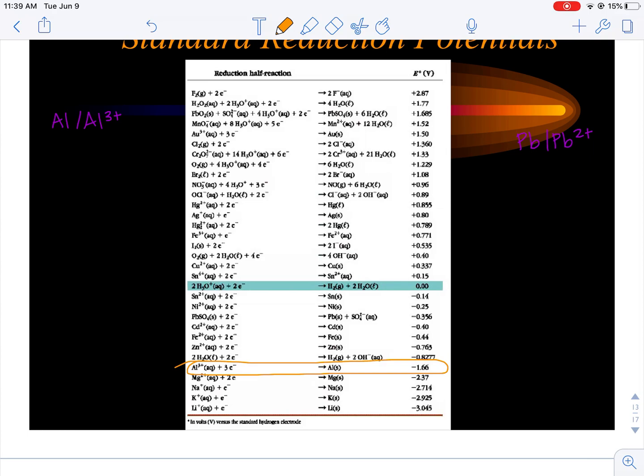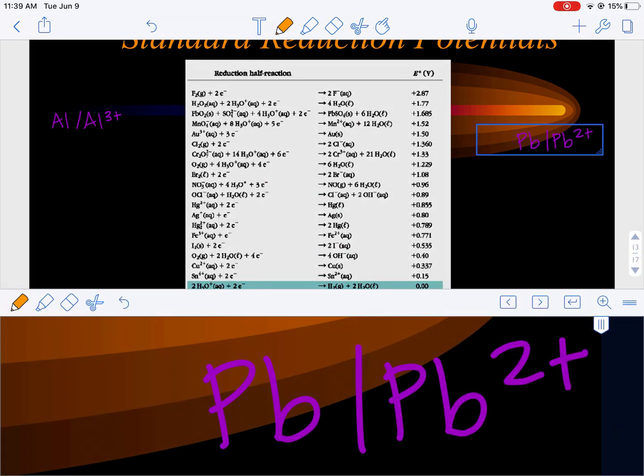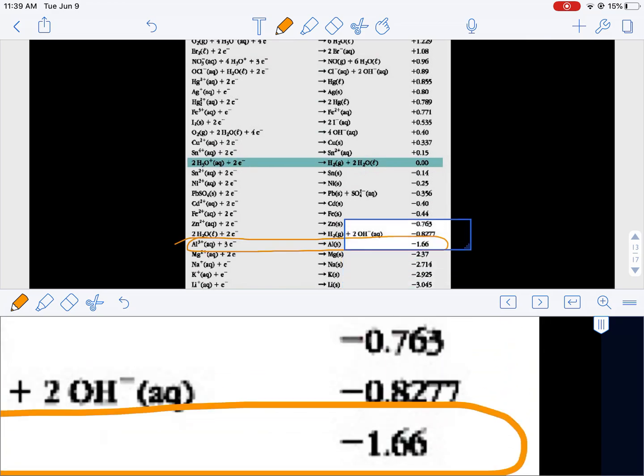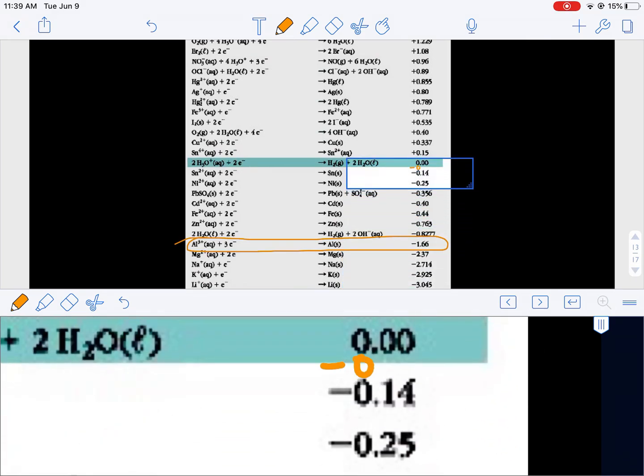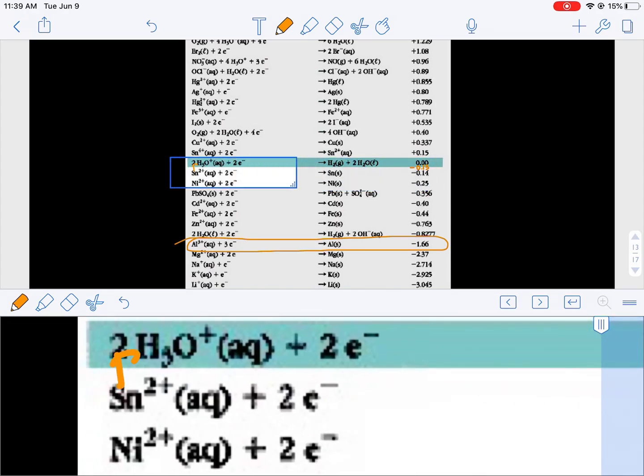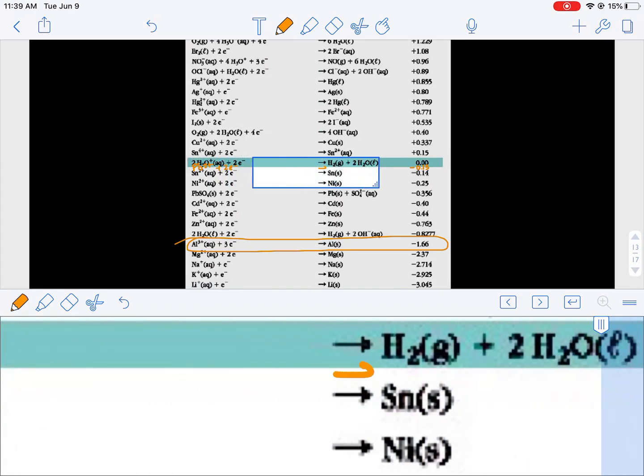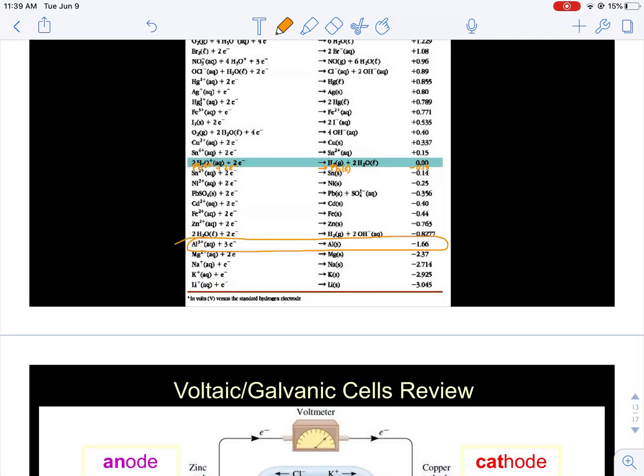It's written much clearer on your standard reduction potential chart. Negative 0.13 on your chart shows us having Pb2+ plus 2 electrons to yield Pb solid. So here we have our second half reaction,